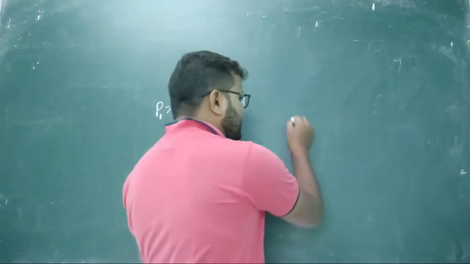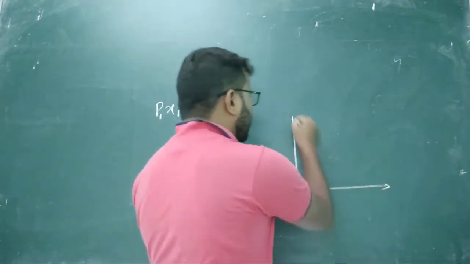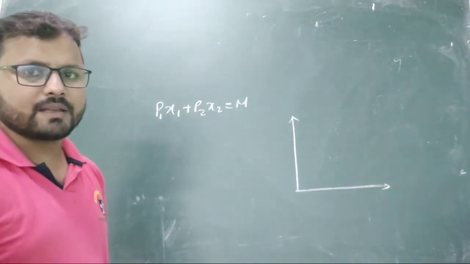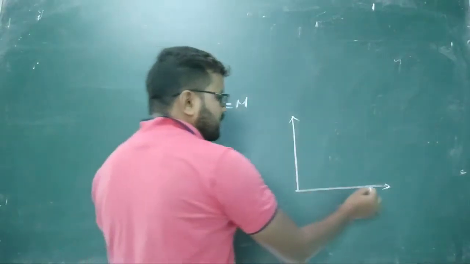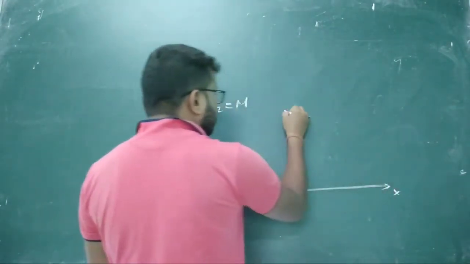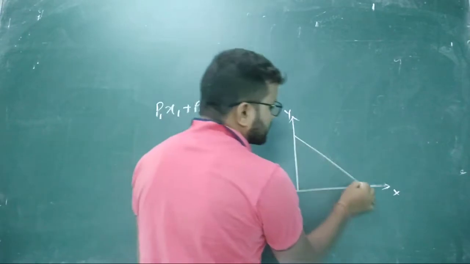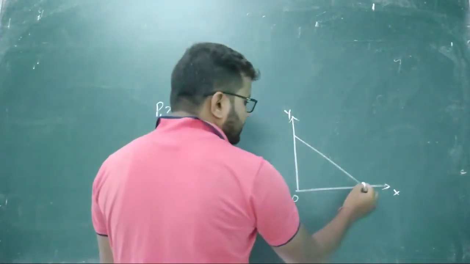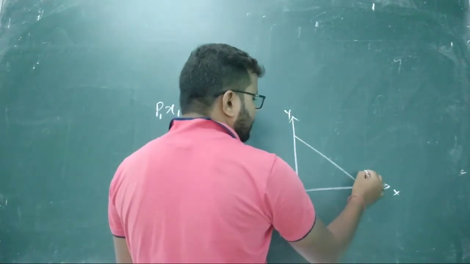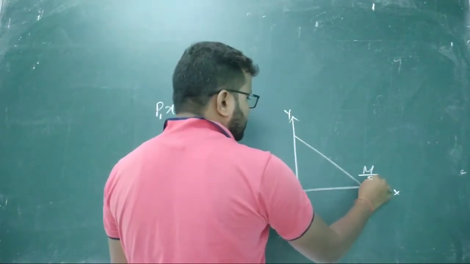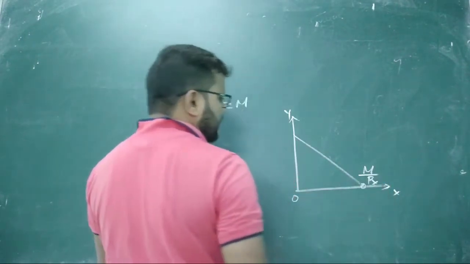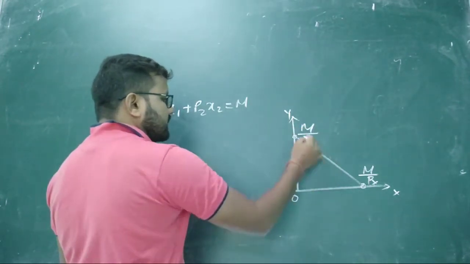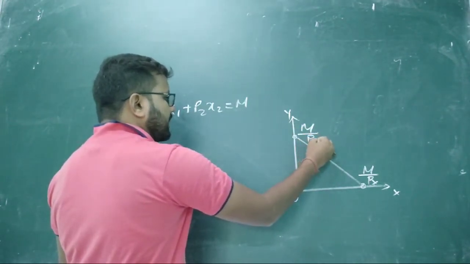As we know, a budget line touches both the axes, that means the x axis and the y axis. Suppose it cuts the x axis at a point where the value will be M/Px. So you just draw this diagram first. Next, this other point indicates M/Py.